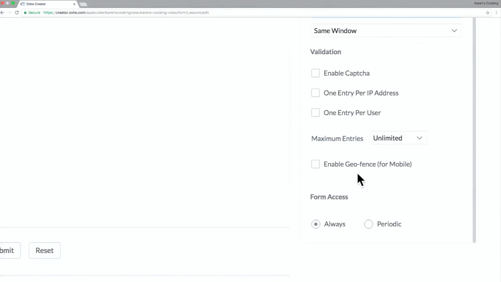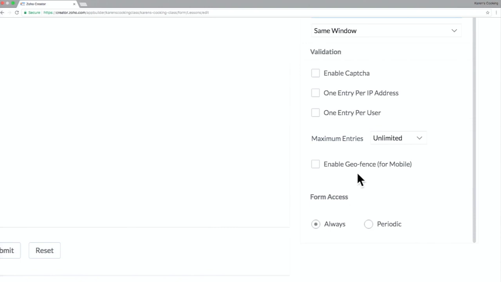So that is, you can control the number of entries made by a user or per IP address. For example, if you have a form which collects votes, you don't want somebody to vote twice. That's when you select one entry per user so that everyone can make only a single vote, or everyone can vote only once. And that is validation here.